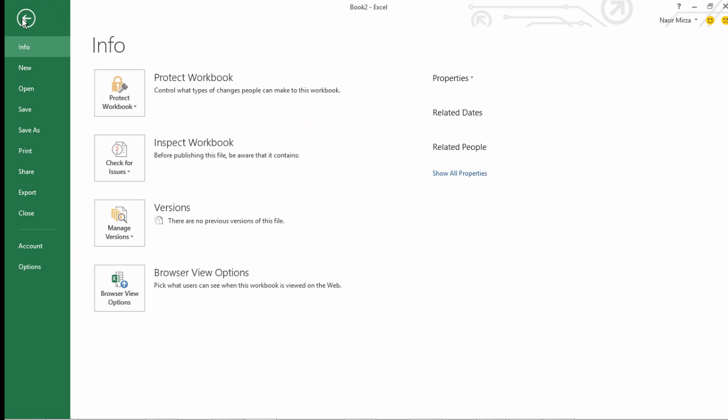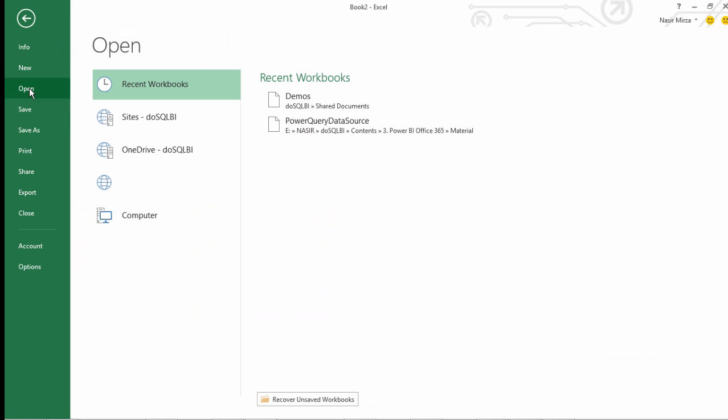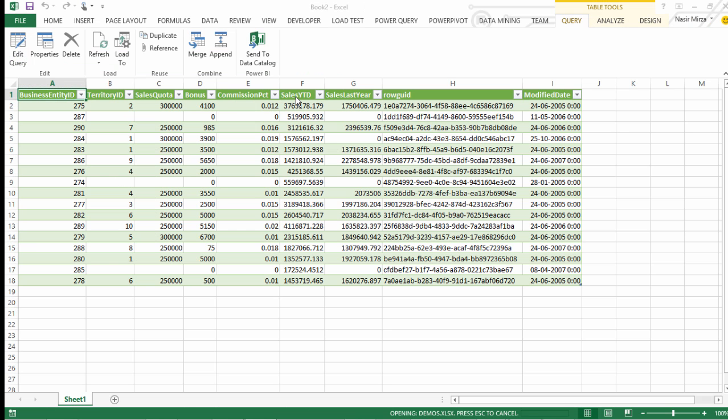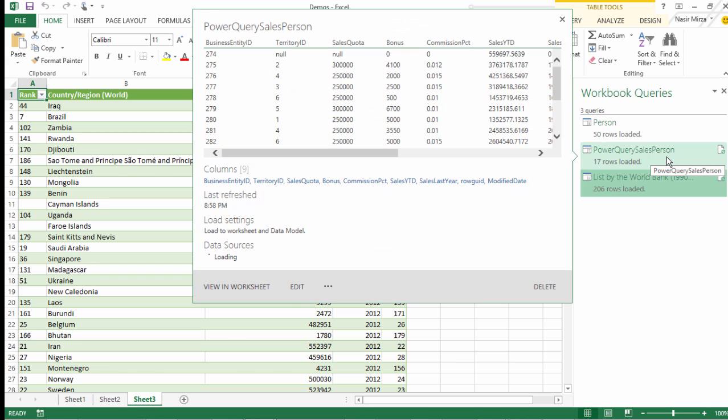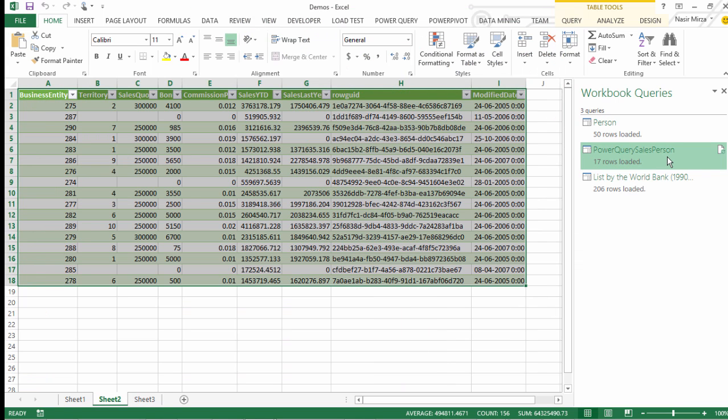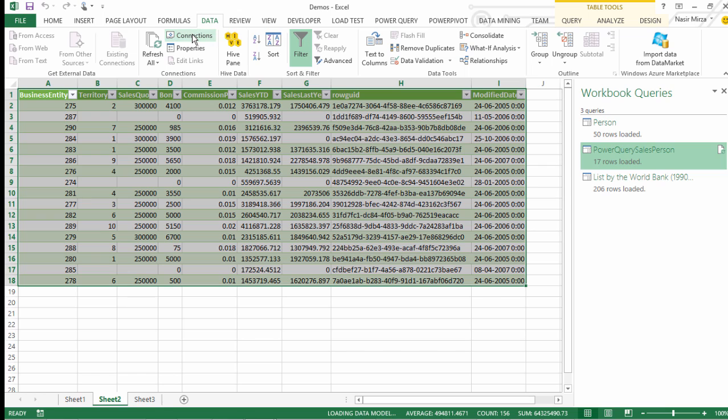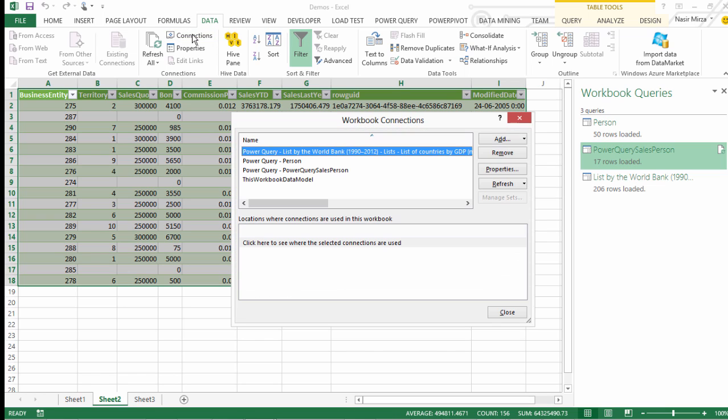Let's open the file that we just saved, which was this demos file, which we saved on SharePoint. And in this, we had created this Power Query salesperson, that's this data, and our goal is to add this to the data management gateway. So what we do for that purpose is we go to data, we go to connections, and in the connections we see this Power Query salesperson's connection there, and here we go to properties,